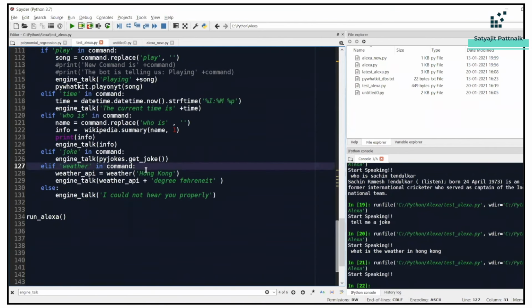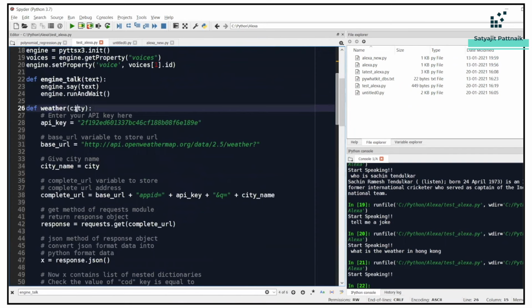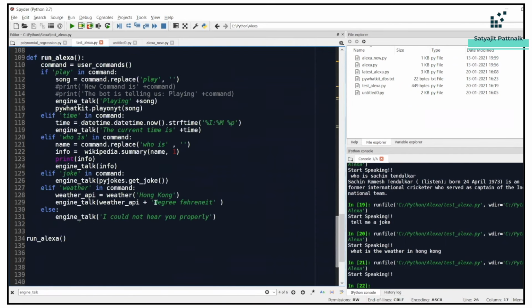Now, the next part is that we have hard coded the weather here, but we want the weather of a particular location. Rather than doing a hard code for Hong Kong, even if somebody asks what is the weather in Mumbai, it's again going to tell you the weather of Hong Kong, because we are passing the city as Hong Kong. So how to make it automated? What we can do is